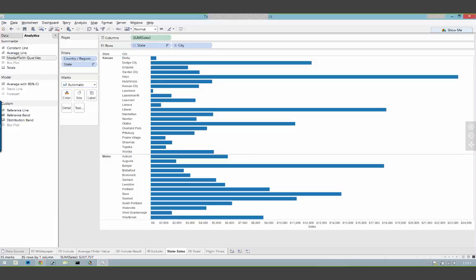You could do this with an average line and try to figure out where it is. Or previously we might have done this with a table calc.